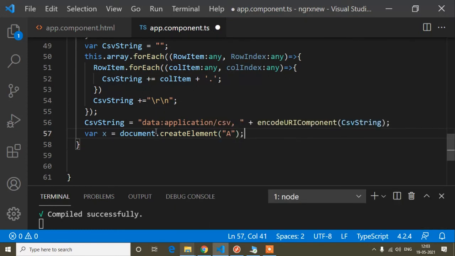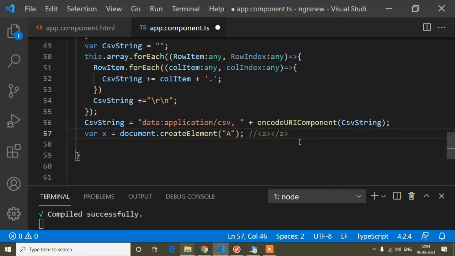Now this anchor tag is created inside this x variable. Suppose if I print this x, it will look like this, an anchor tag will be created.